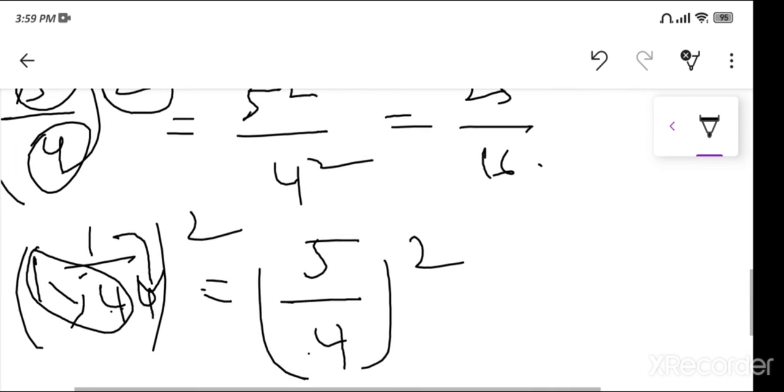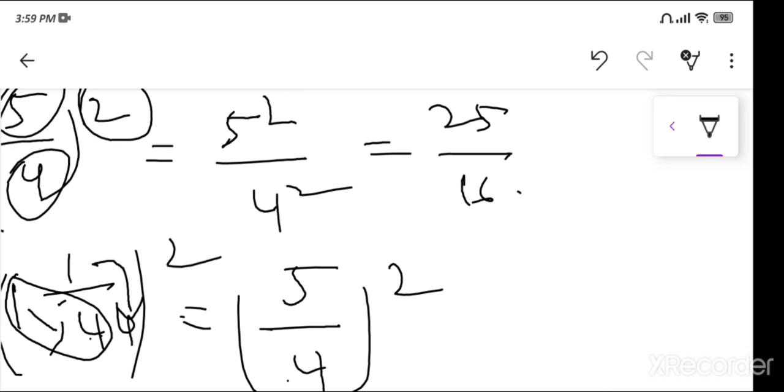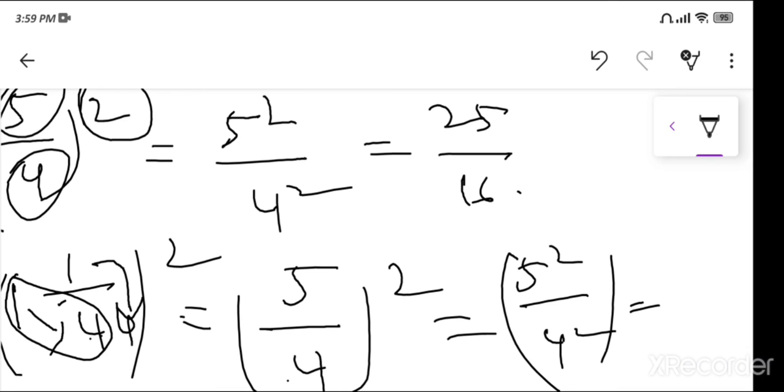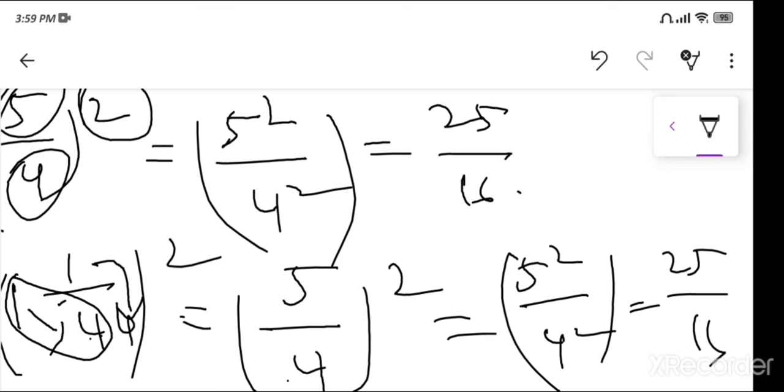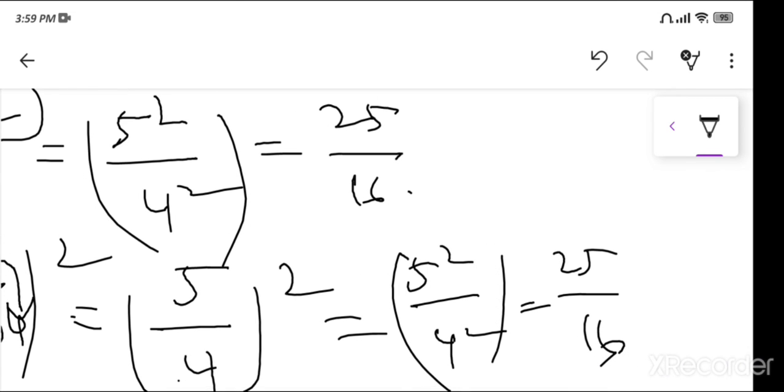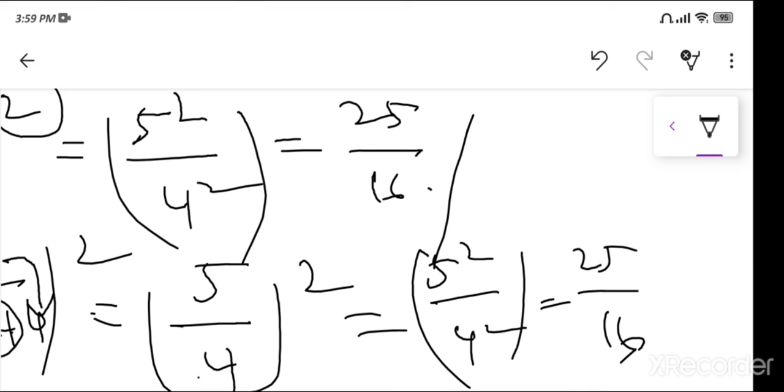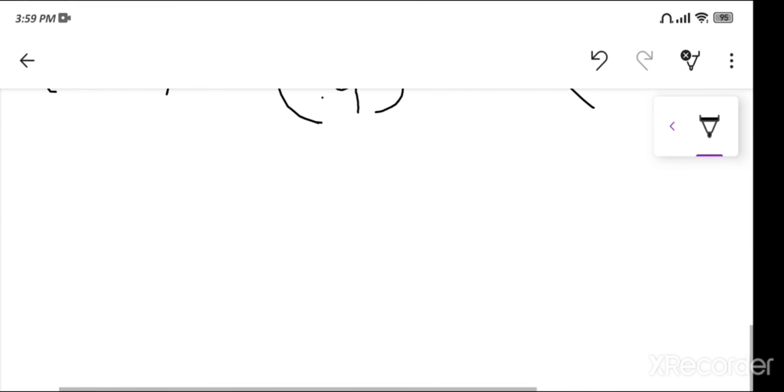Which gives you, I have already given you, then you put the power common for both of the digits, which gives you 5 square by 4 square. Put the bracket, which gives you an answer of 25 by 16, which is really obvious. You all must be knowing that. Alright,